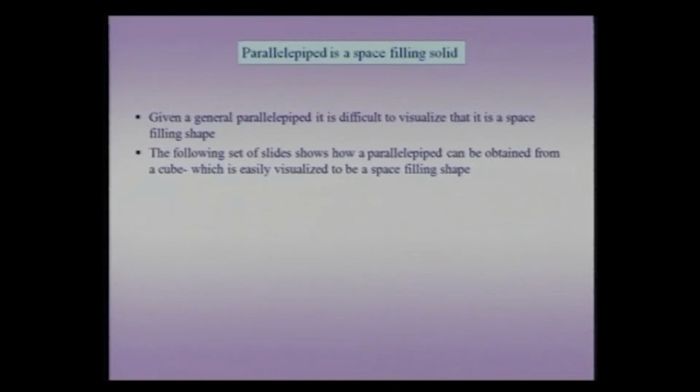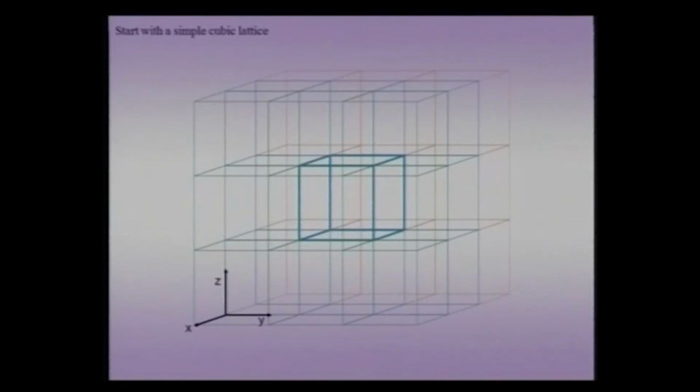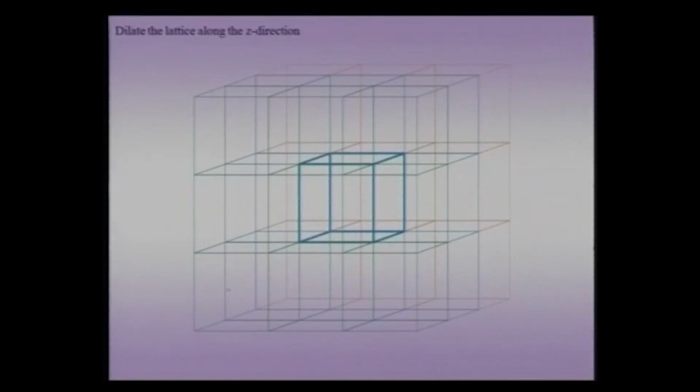So let us start with the original cube which I had considered before. This is the cubic lattice with the cubic unit cell overlaid on the central one. I have the 3 directions. First, I start by dilating along the z direction. I pull this lattice along the z direction so that now the c lattice parameter becomes different from the other 2 lattice parameters. Further to this, I can perform additional operations like